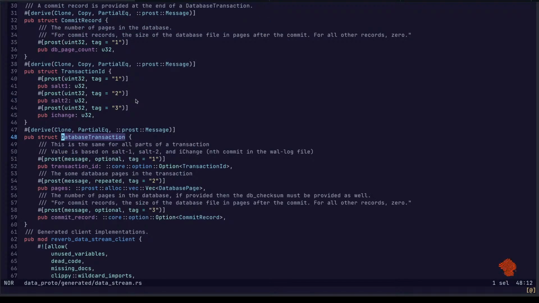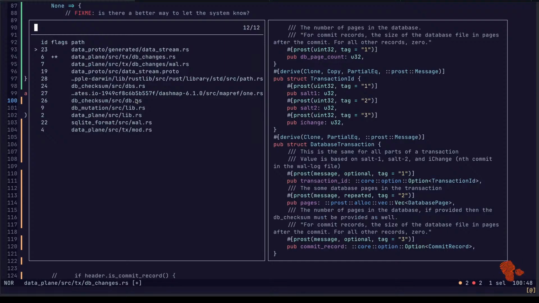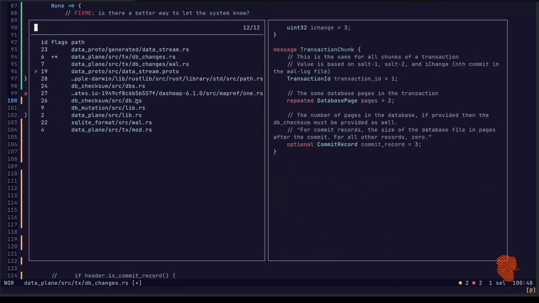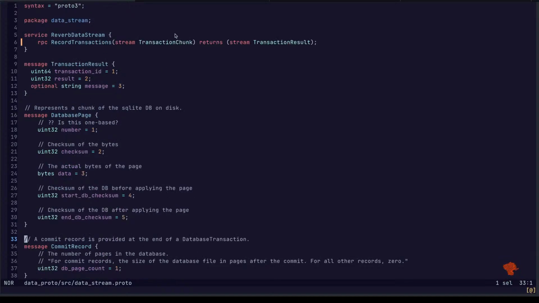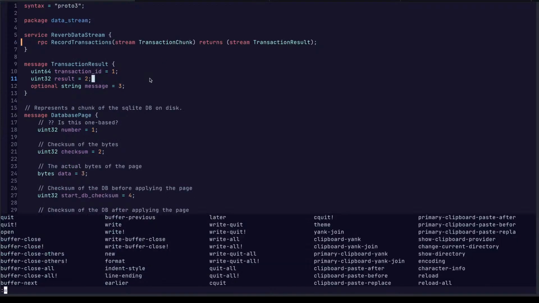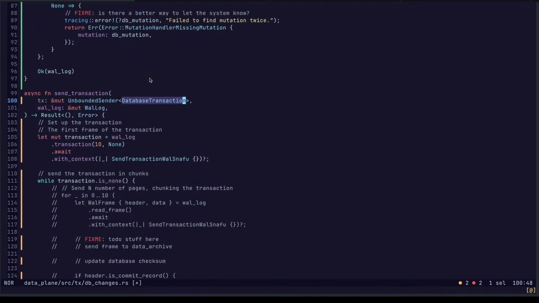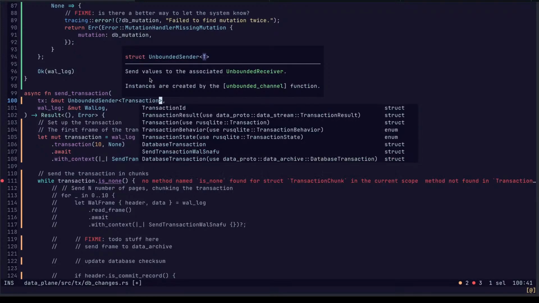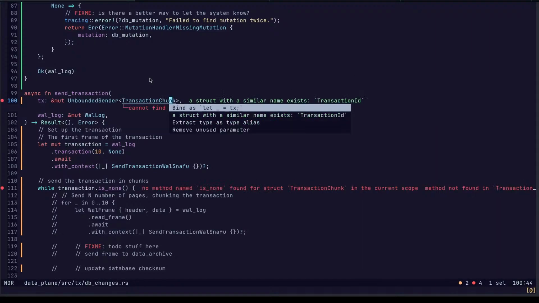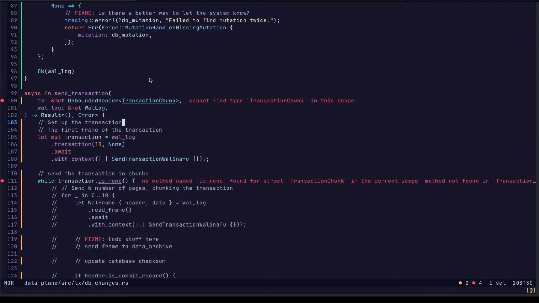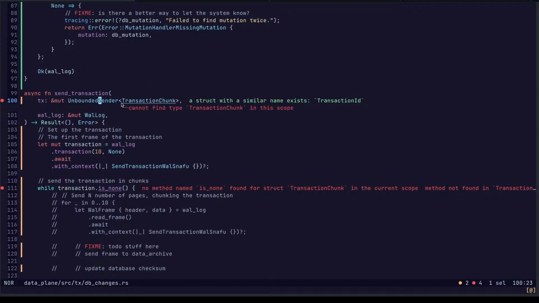That should not be called that. Did I change the wrong one? Data stream. Oh, that's the right one. Transaction chunk. Okay, it is incorrect.